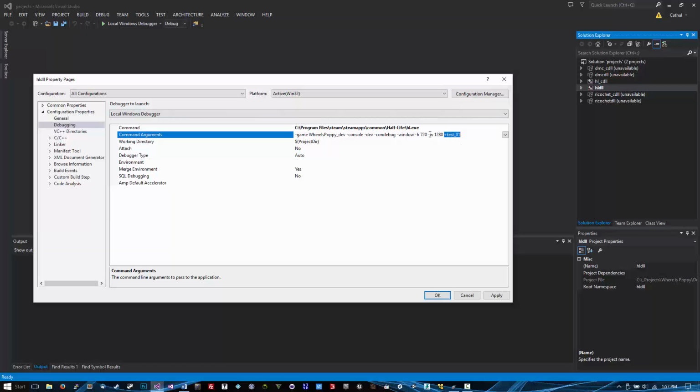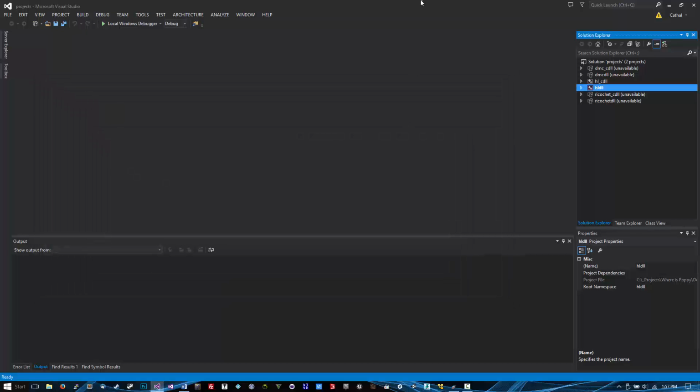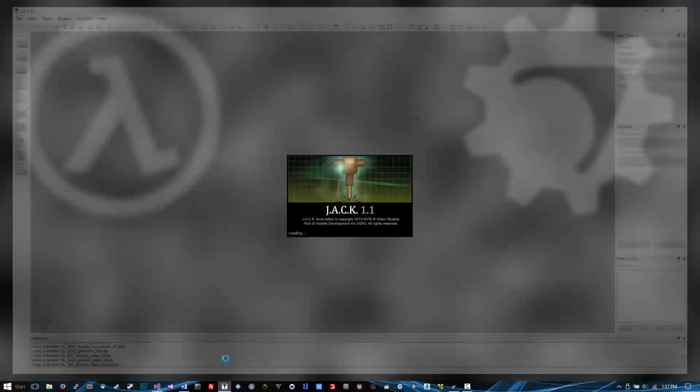Yeah, so the height is 720, so basically it's a 720p window we're creating, and it's not going to be full screen anymore, so I'm not going to have any issues with breakpoints and debugging inside Visual Studio with the game. I'm going to hit apply. Okay, I'm just going to do Control S to save it quick, and I'm going to move over to Jackhammer,